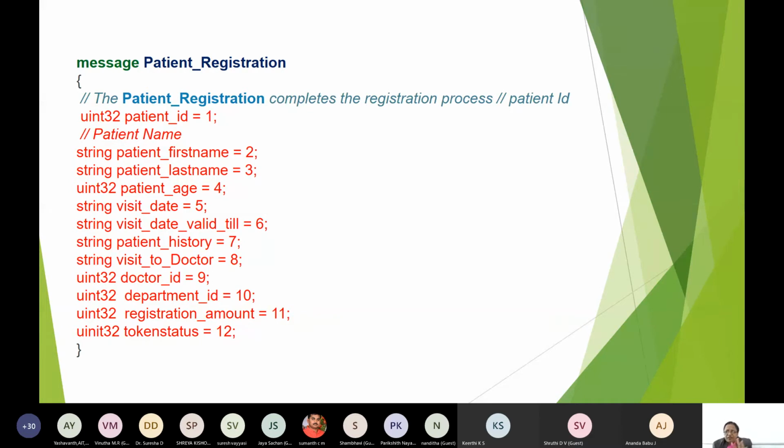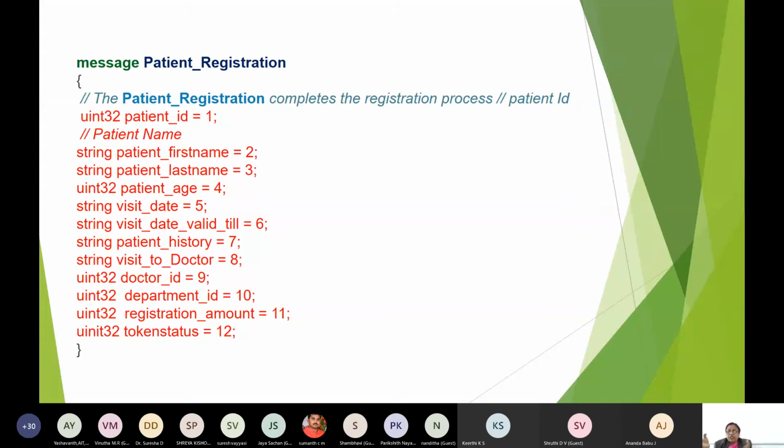I have not done it that way for your presentation. What is this 1, 2, 3, 4? To understand that we should know protocol buffers. So for easy understanding, patient ID is some 12 or something. Patient name is Peter. Last name is Mackey. Age is 51. Visit date is February 2nd. Valid till March 2nd. Something like that.